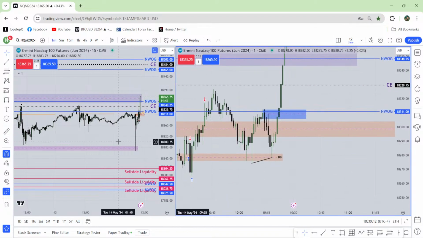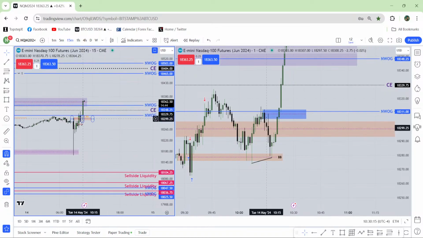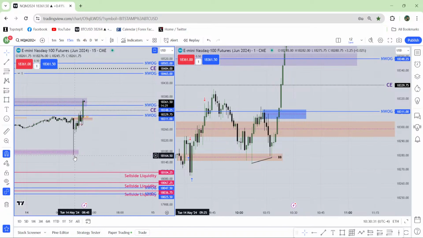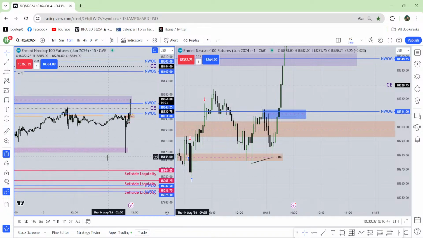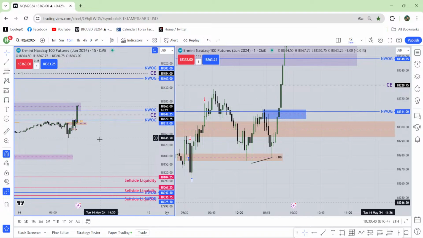don't expect the market to come for the sell side liquidity again from here. Okay, see this new week opening gap, expect that the market will stay above this new week opening gap now. Yeah, it can come lower, then it can stay in this range, there is nothing wrong. But it has taken the sell side liquidity, it has taken the buy side liquidity, it doesn't need to go for the sell side liquidity again now. All the manipulation has been done. Now the market should stay range bound.